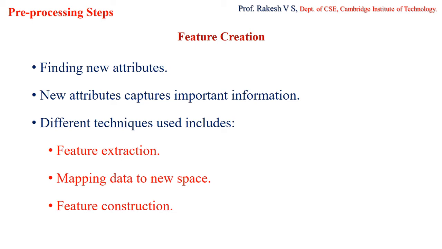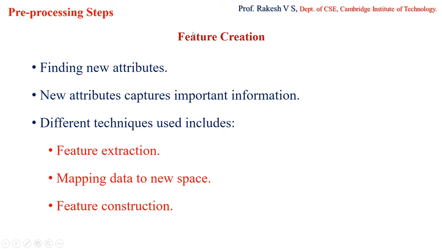feature creation. In case of feature subset selection, among the available features we will be selecting some of the features, whereas in case of feature creation, new features are created using the already available features. So that is the difference between feature subset selection and feature creation. So again I'll repeat, in case of feature subset selection, among the available features we will be selecting a subset of it to perform the analysis, whereas in case of feature creation, as the name itself indicates, you are going to create the feature using already available features.